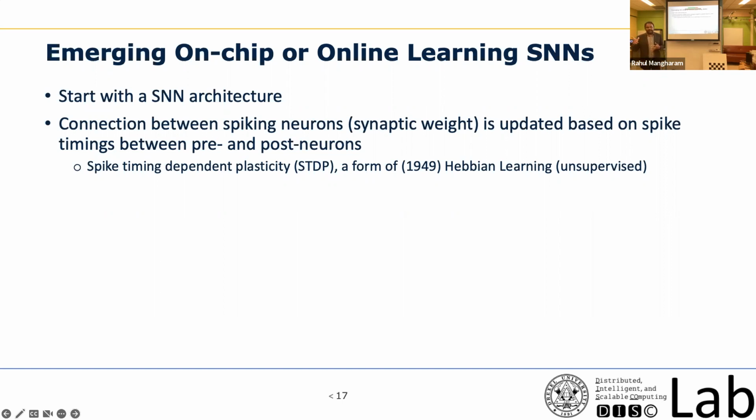Exactly. You mentioned that the architecture itself will change. Will you be able to remap the core structure? No, the core structure remains the same. What happens is the weights change. So it's like iterative retraining, but the architecture itself will not change. What will change is the synaptic weights or synaptic connections. You can think of it as the number of spikes going from one neuron to another changing.